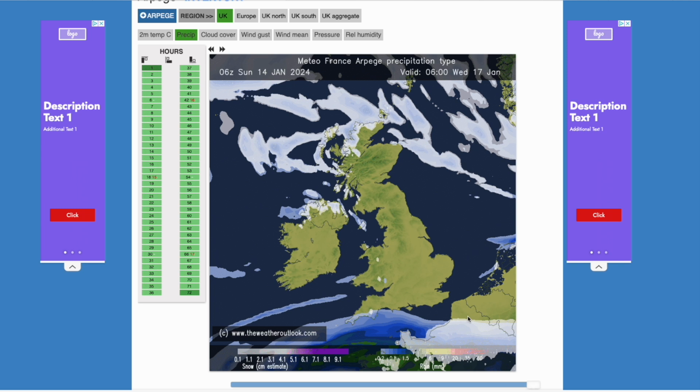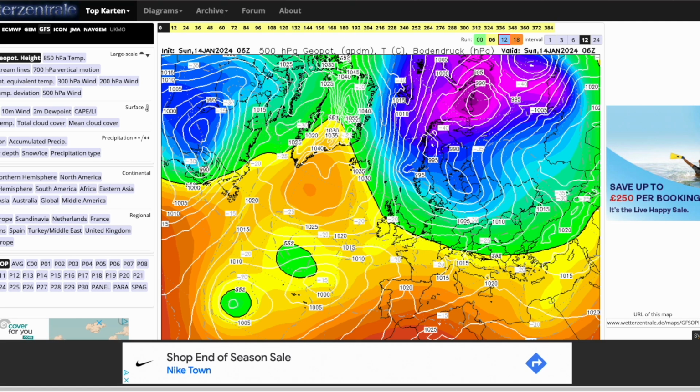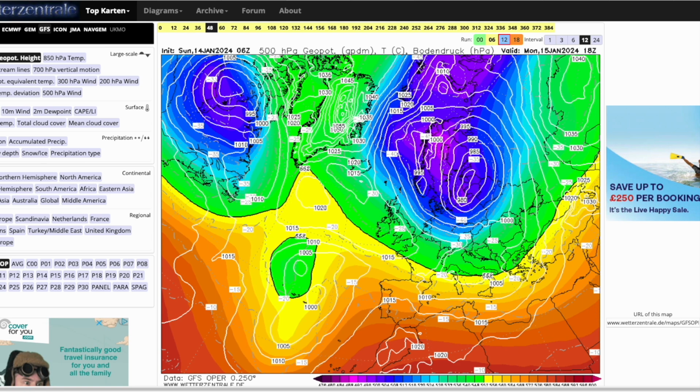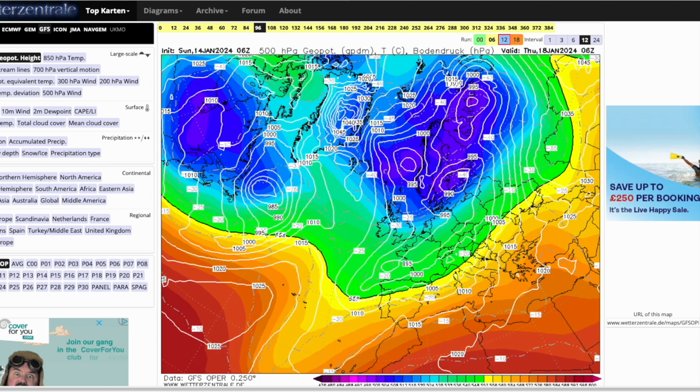Some areas could still see some heavier snow from this, but the likelihood is reasonably low at this stage. Now, if we do go over to have a look at the longer range, if we start on the latest GFS, again, we'll run through the short range quite quickly, as we all know what's going to be happening this week. Northerly winds pushing in, turning bitterly cold, and then we see that low track to our south,